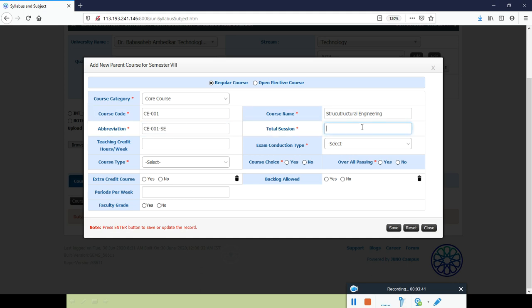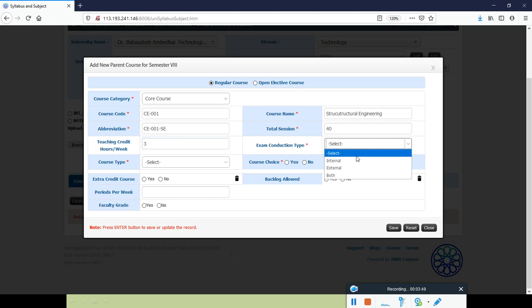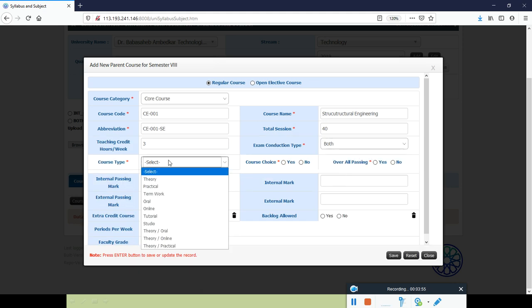The total session might be 40. Then the total credit can be according to your course structure. Then select what kind of examination you are going to conduct, whether it is internal or external or both. If you select both, then choose what type of course it is, whether theory or practical. For theory you have to create one, and for practical you have to create a different one.